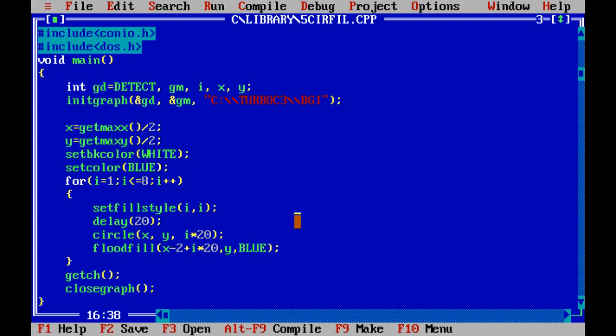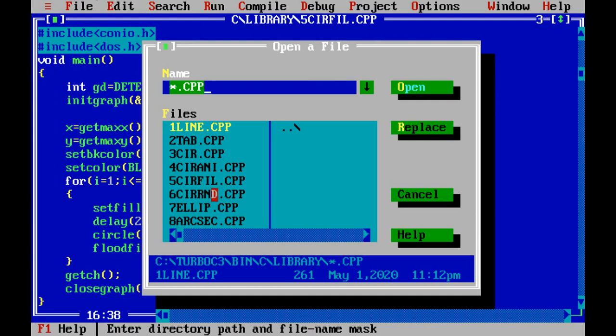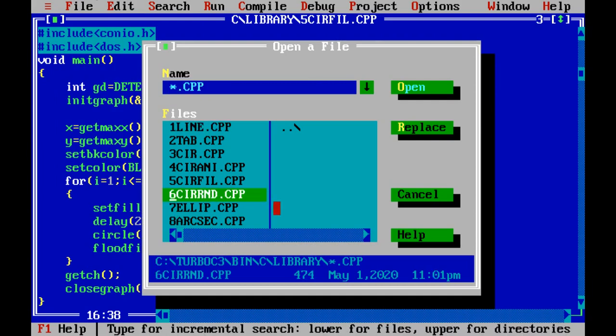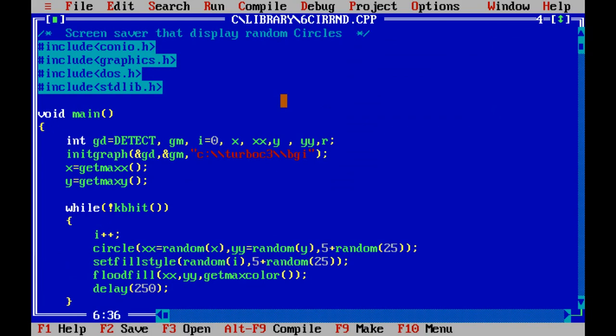Next, the last program of this tutorial. It is also another kind of screensaver. The title is screensaver that displays random circles.